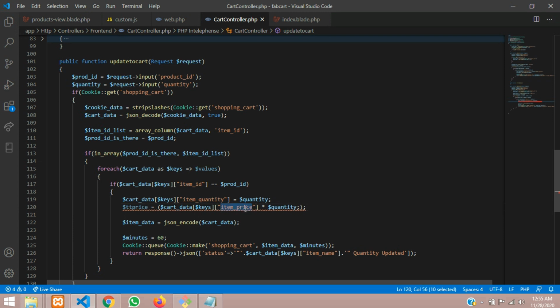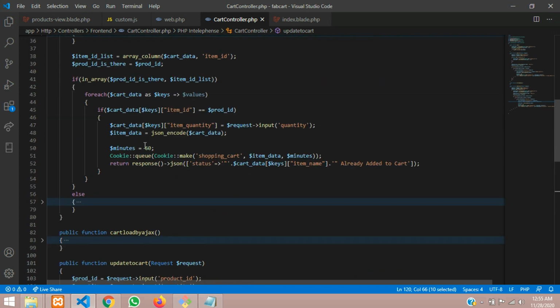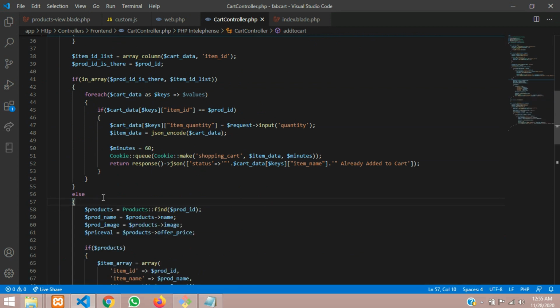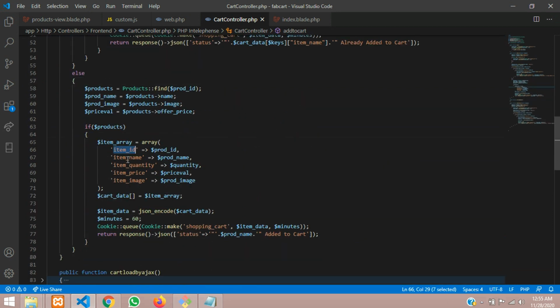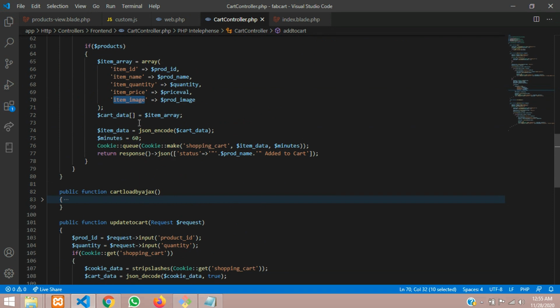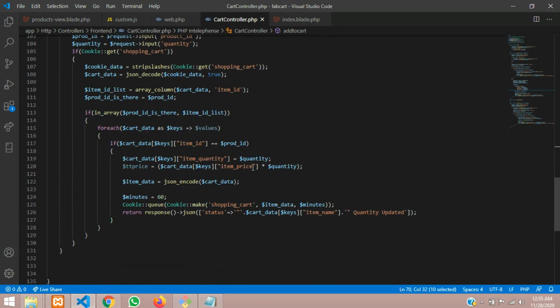Item price which we are getting is actually, why is this extra semicolon, remove that. Okay, so item price we have already created in our cart table, as you can see over here. I'll just show you that, which we are taking. See here, item ID, name, quantity, price and image. So we are getting that image, right? I mean price. So I just took that, and now after calculating I'm storing this total price.